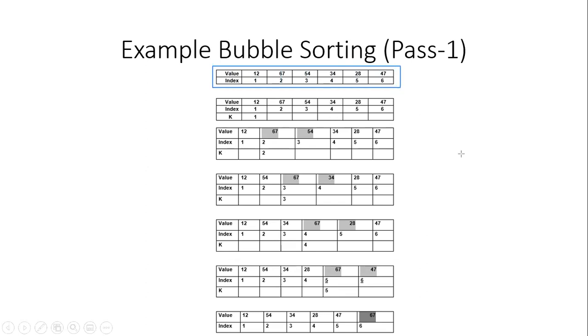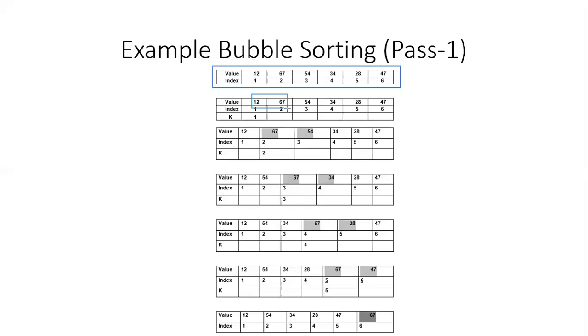Now what happens in step number 1 is we place the largest element in the list at the last position. How are we going to do that? We are going to compare the first two elements in the list.